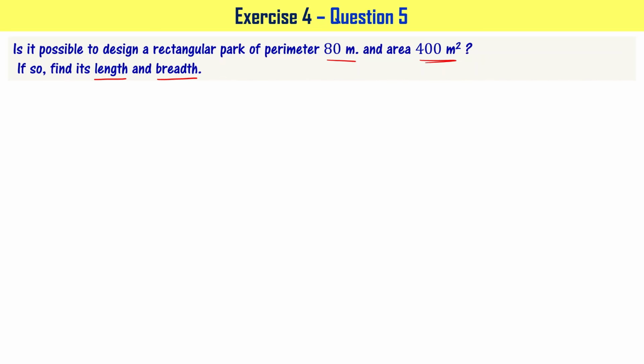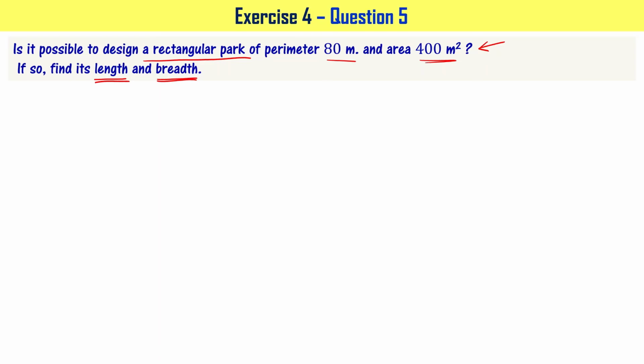So we are going to take the similar route. First, we have to convert this given statement into a quadratic equation. Once you have the quadratic equation, you find the value of discriminant b square minus 4ac. If it is less than 0, then you can say that you cannot get length and breadth, right? Because roots are not real numbers. In the other case, when b square minus 4ac is greater than 0 or equal to 0, there is a possibility that you can design such a rectangular park.